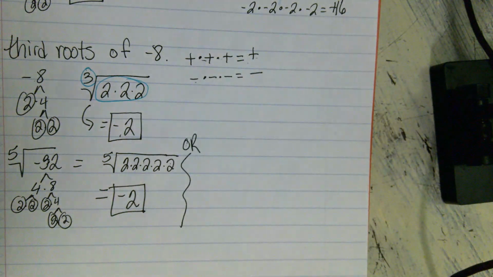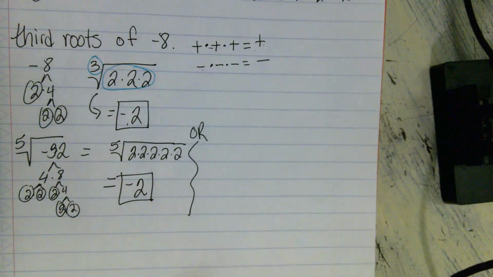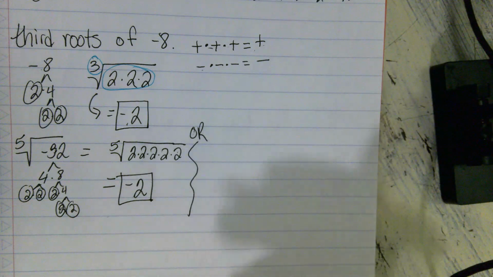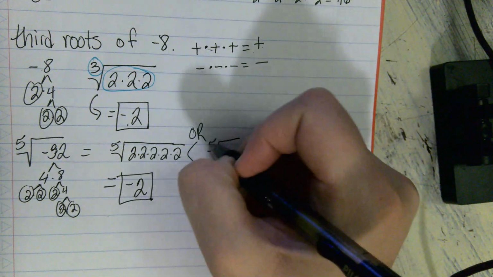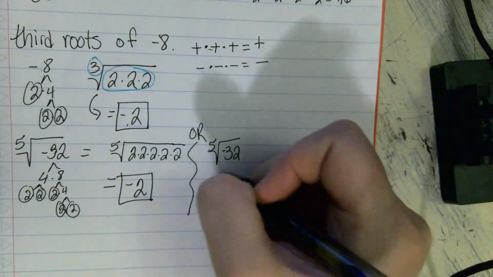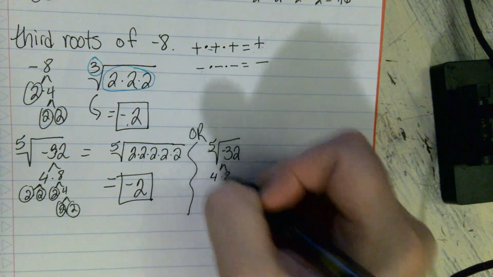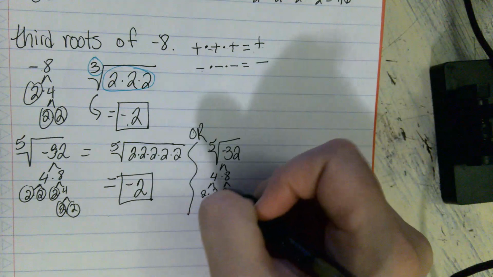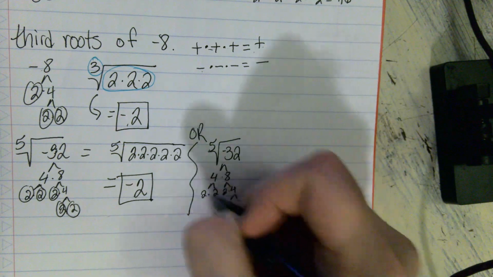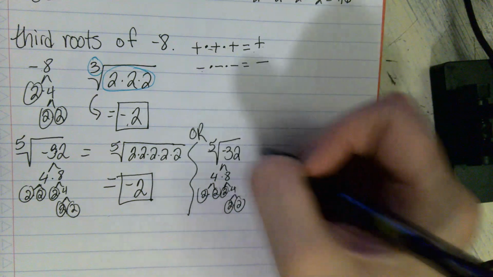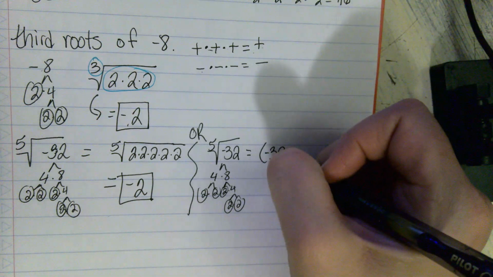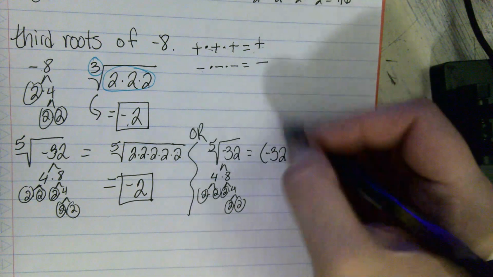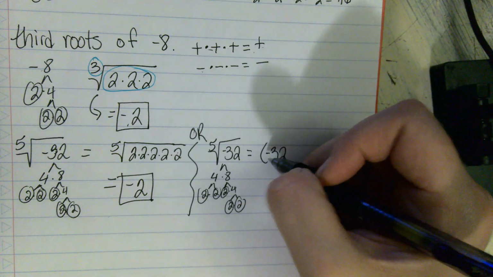Or we can use our exponential form to help us with that. So if this is confusing you with the symbols, let's now try it with our exponential form. Okay, so you would still factor. The 4 times 8, that's not going to change. And I'm just going to rewrite it and say, okay, the 5th root of negative 32 is the same as negative 32